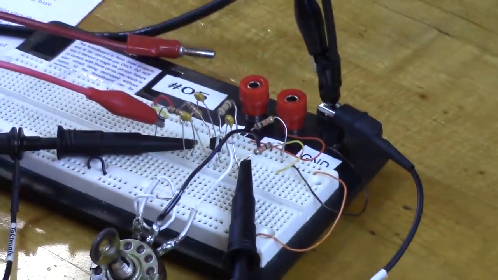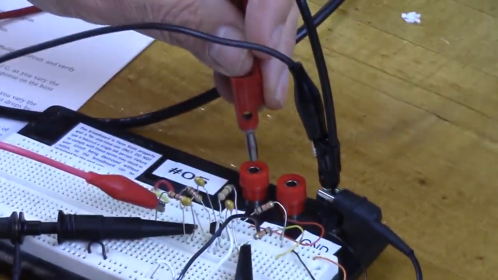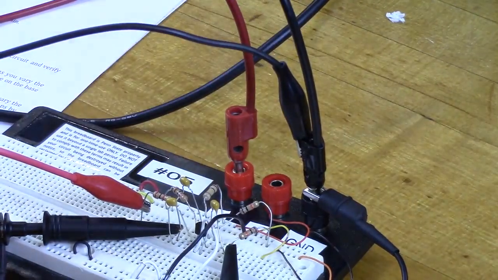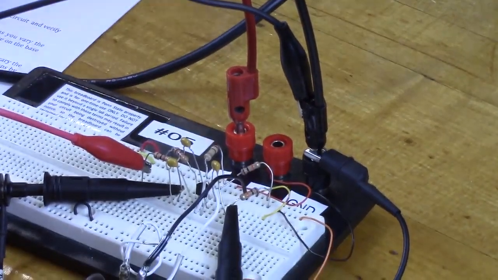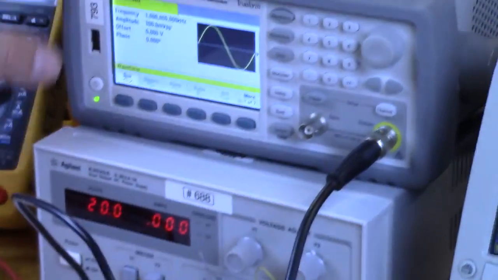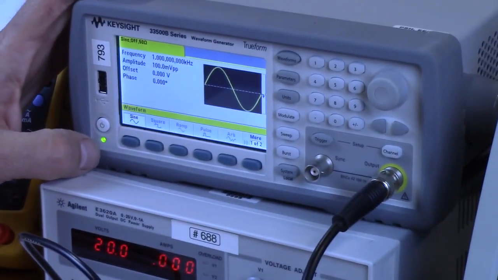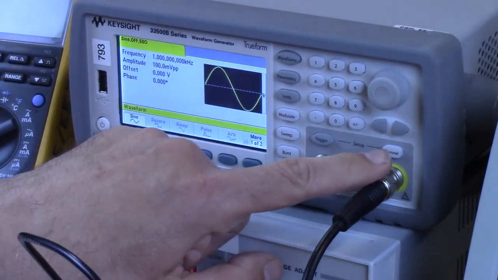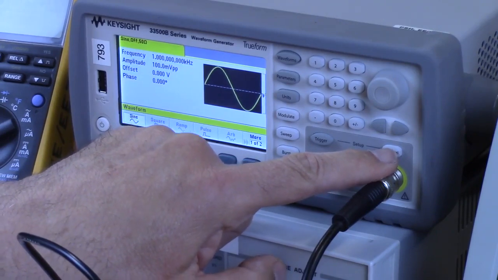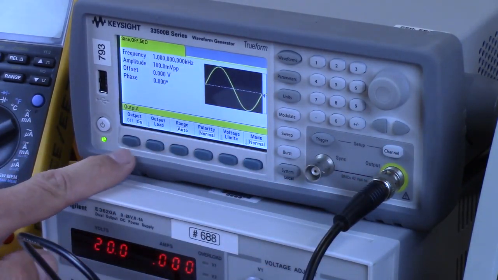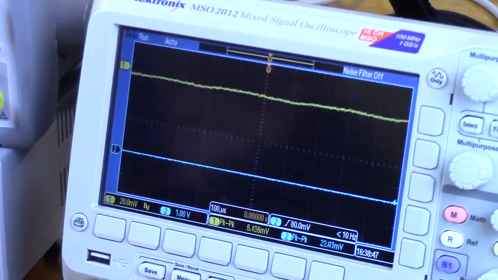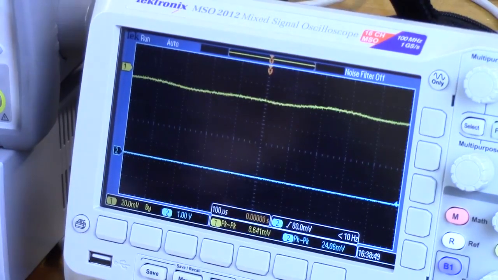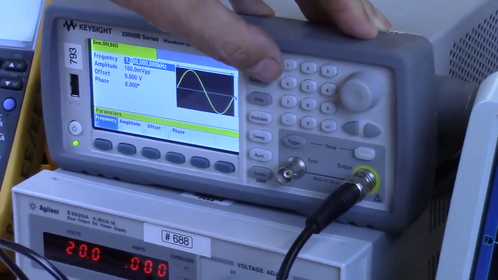So we have the power turned on, plug it in, no smoke, that's good. And we're going to set our input signal here. What I'd like to do is make sure we're squarely in midband. So what I'd like to do is turn on output, and let's set it for 5 kilohertz. So parameters,